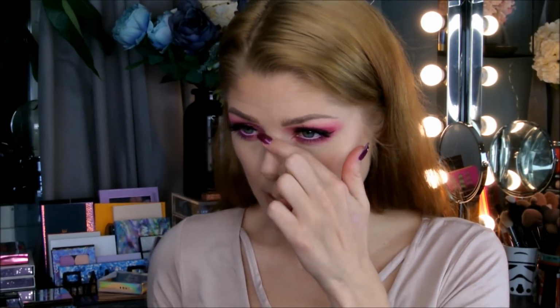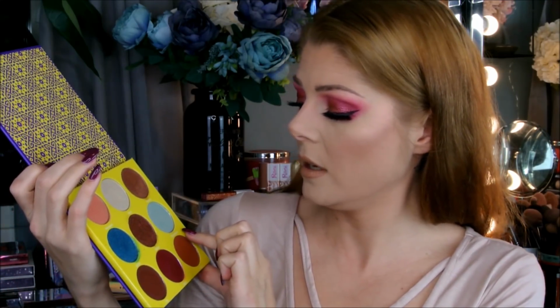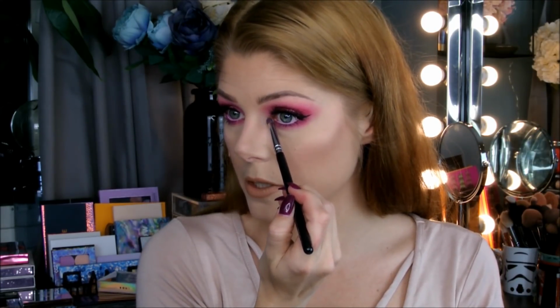That's okay. Is this eyeshadow? This could be eyeshadow. I don't even care anymore. I'm more of a go with the flow when it comes to makeup, but I feel like I've glued my eyelashes together. That is not a good look. Go away. I'm not even gonna try to pronounce it, but this light green duochrome, I'm gonna use that in my inner corners to make this look even more poppin'. I'm just taking this on my pencil brush and I'm just...